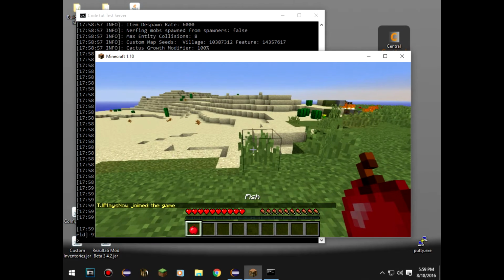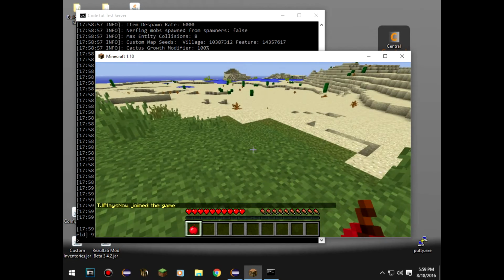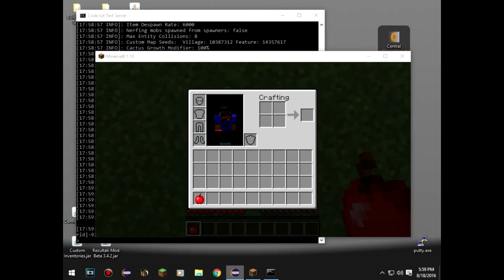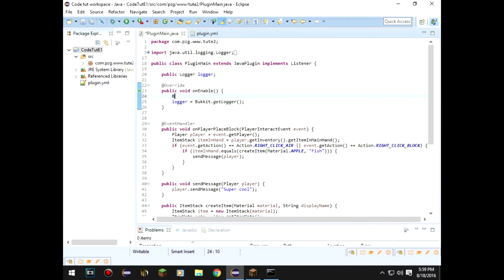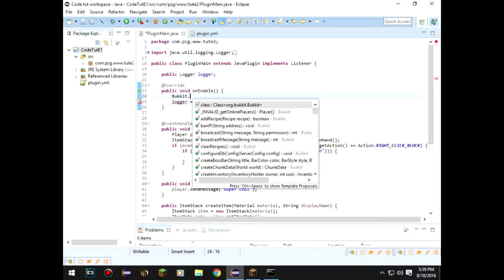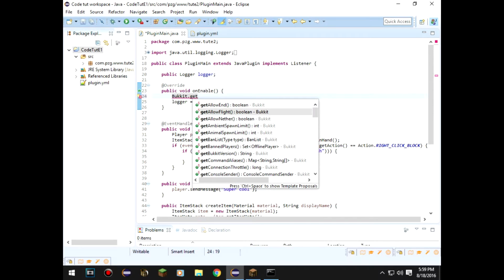Right click, left click, right click, anything. Oh, okay, there's one last thing. Oh my goodness, I can't believe I forgot this. So, we have to do one last thing up in onEnable. Oh, I almost completely forgot this. But Bukkit.get, I think it's, we just gotta scroll down through here, get,